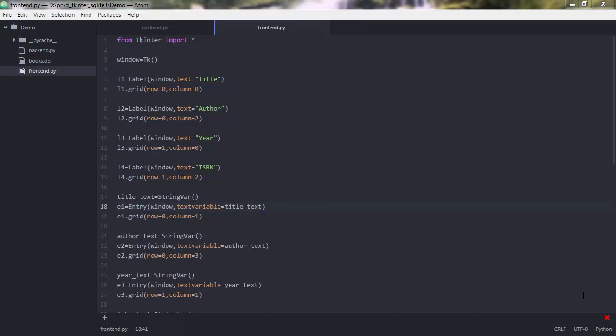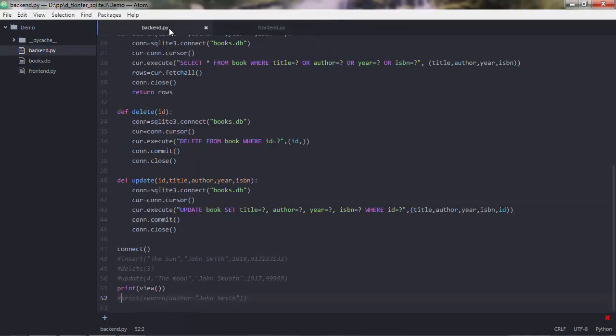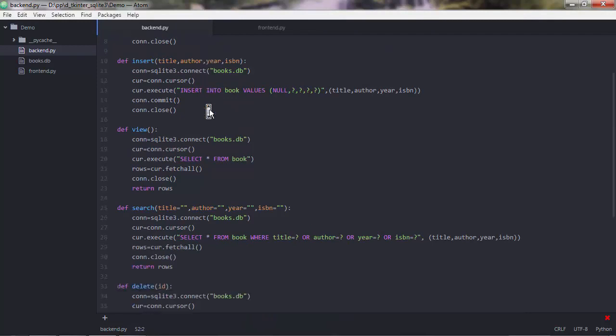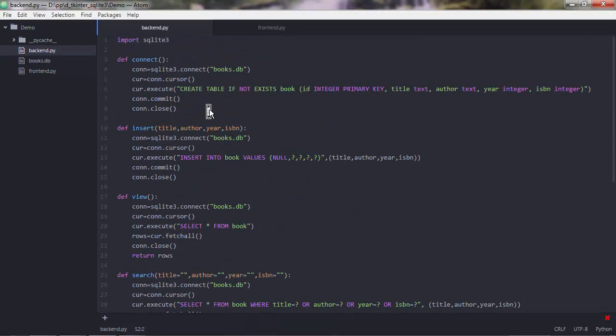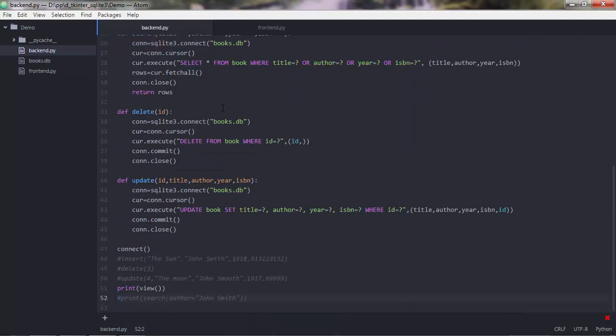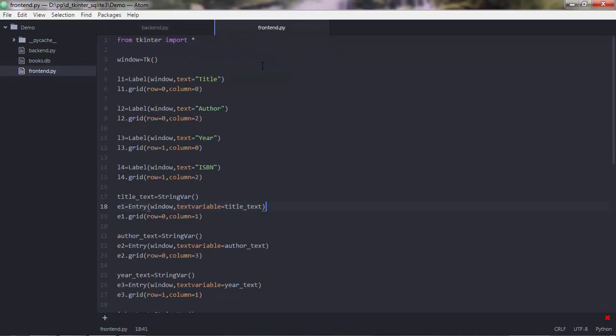in an SQLite database. So as you know, we have two scripts. We have frontend.py and we have the backend.py script. We are completely done with the backend.py script. So we have built all of our functions that connect to the database, insert, view, search, and delete and update data. And now we need to go to the front-end script because we need to tweak it a little bit